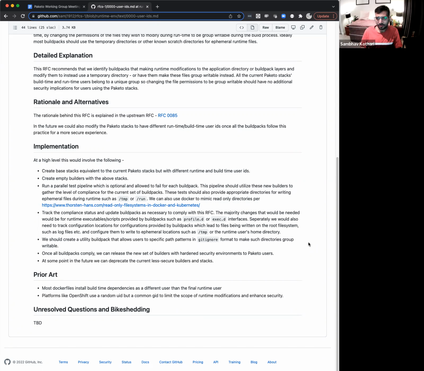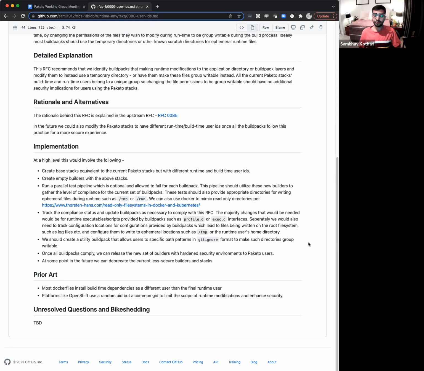Once we have that, then we have a few generic cases where we might be non-compliant. I've tried to list some of them out from past experience, but this is obviously not a complete list. So the obvious candidates are any profile exec scripts and checking what logic they execute, because they're provided by the buildpacks, and if they're making any modifications, those should be easy fixes. The more difficult ones are configuration files or other things where we don't explicitly own a binary that is creating these files during runtime, but it's some other thing we install, like some application writing log files or something, downloading something or creating cache files.